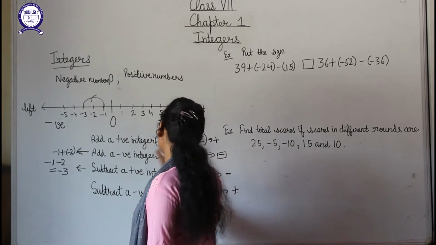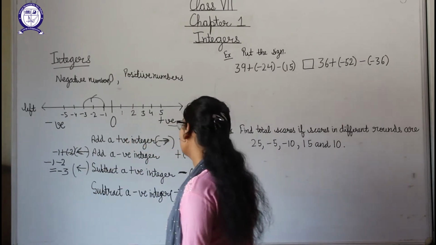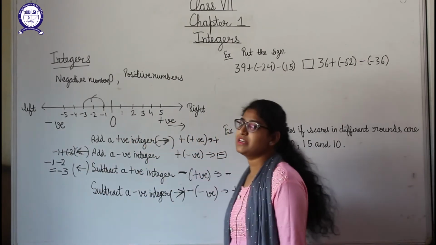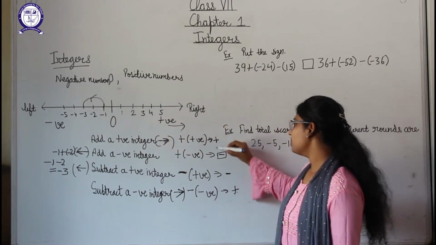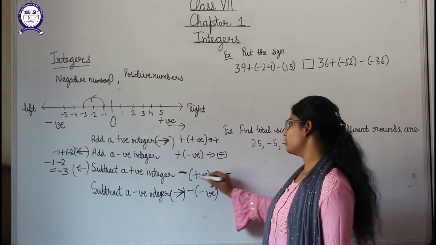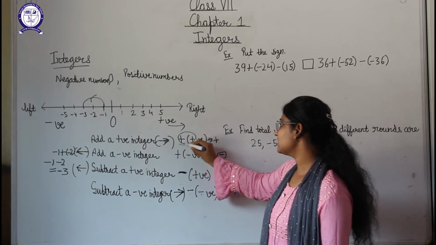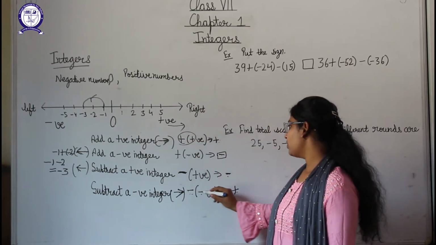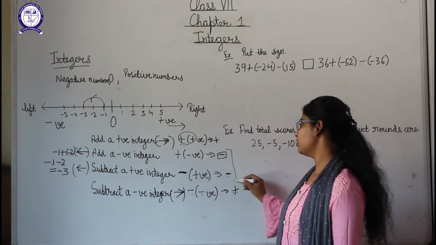Students, these are the rules for which direction we will move in these cases. If you learn them, then it will be very easy for you to calculate the answers. Positive positive gives positive, negative negative gives positive, and positive negative gives negative. Means if both the signs are the same, we get positive, and if the signs are opposite, then we get negative. This you have to remember.